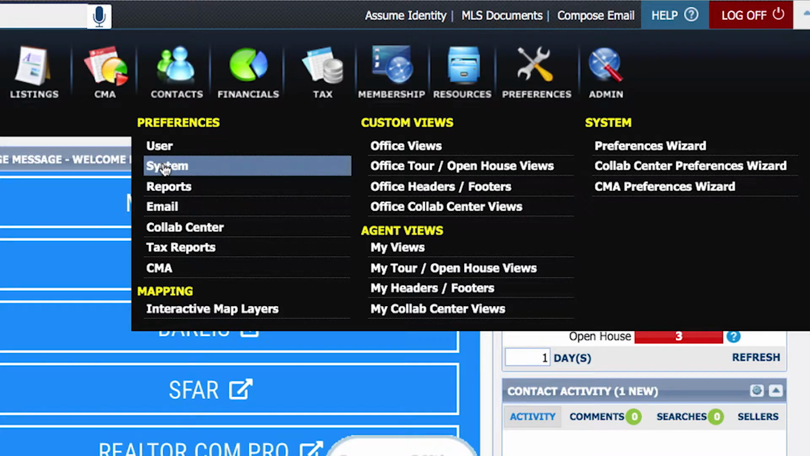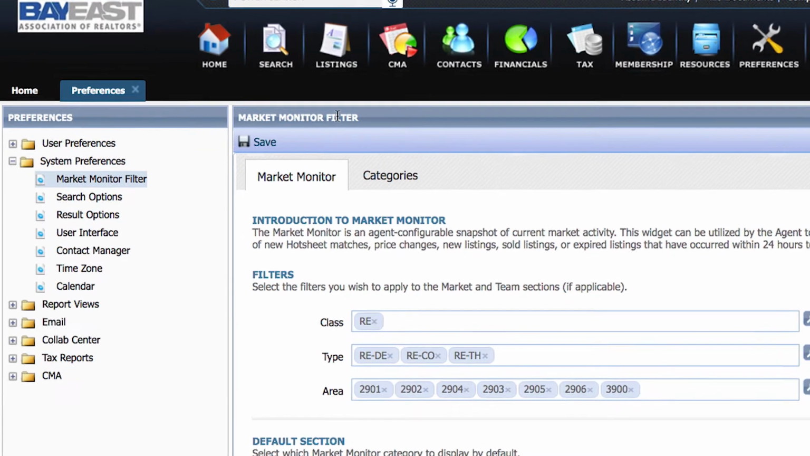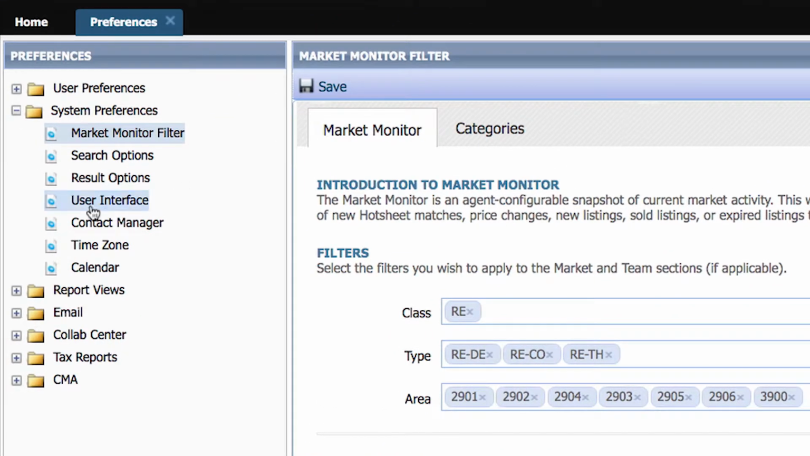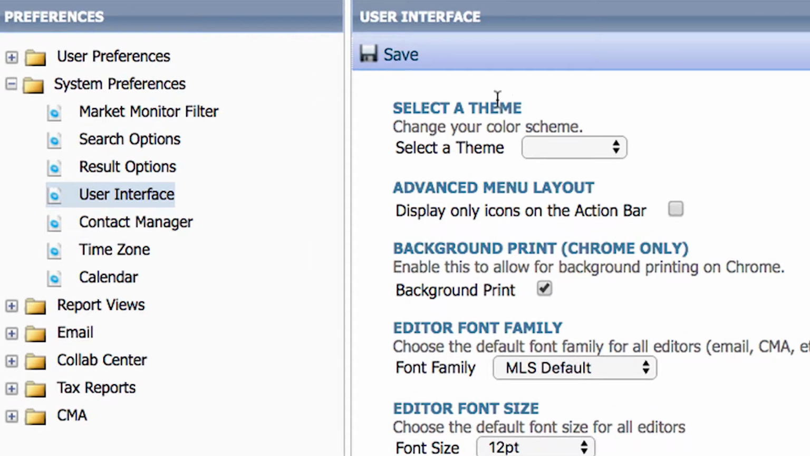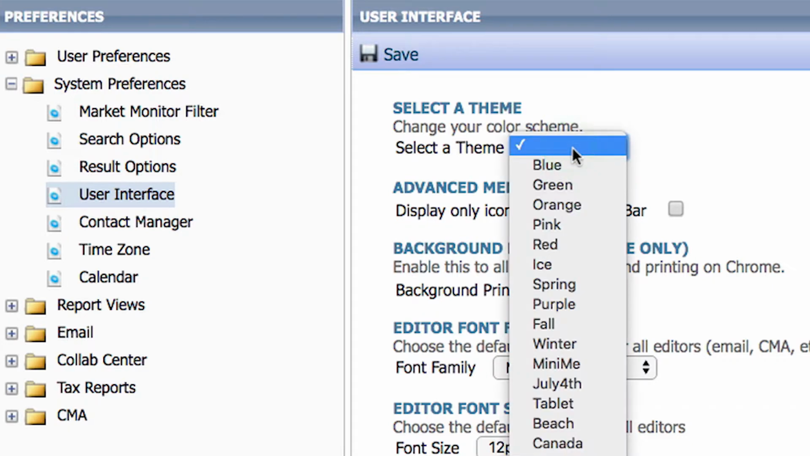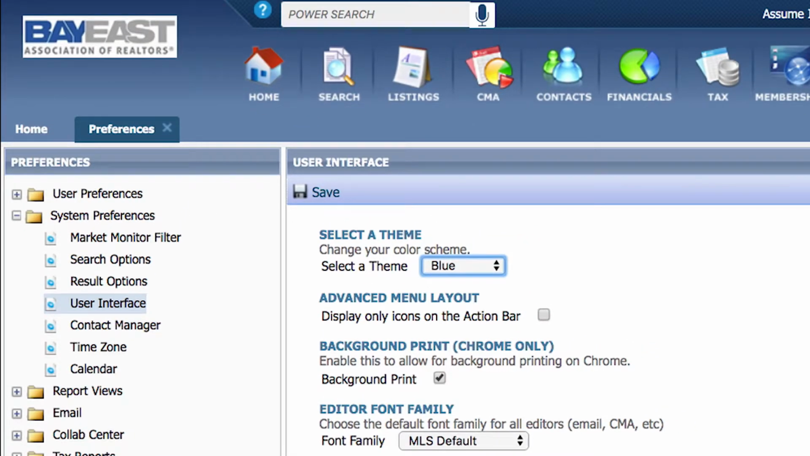click on System, then you can click on User Interface, and right where it says Select a Theme, I can select a theme. I can choose anywhere from having a blue theme, which changes my background to a blue,